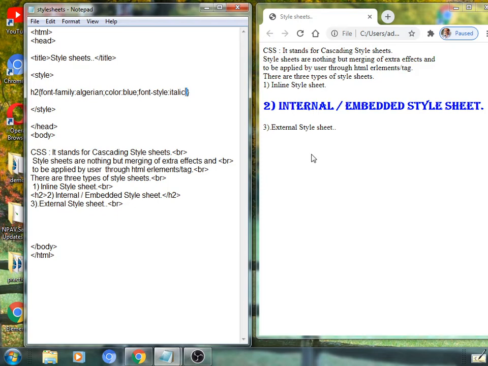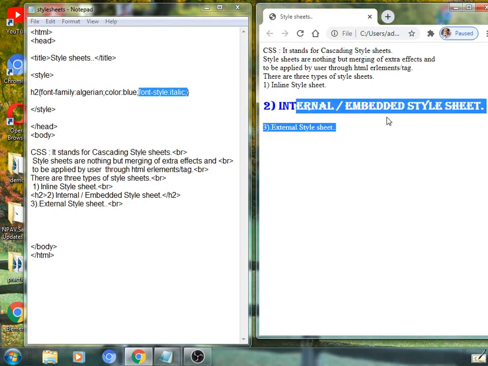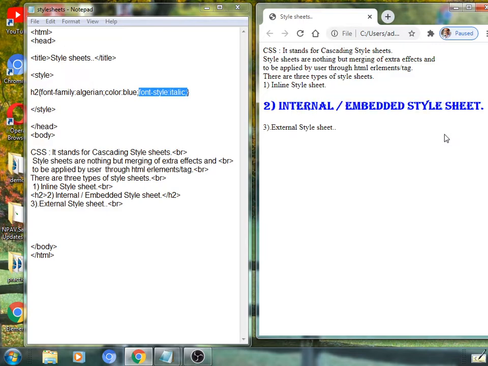See here, font-style holds a value as italic. So this content where the h2 tag as a selector is applied will be displayed in an italic form like this.